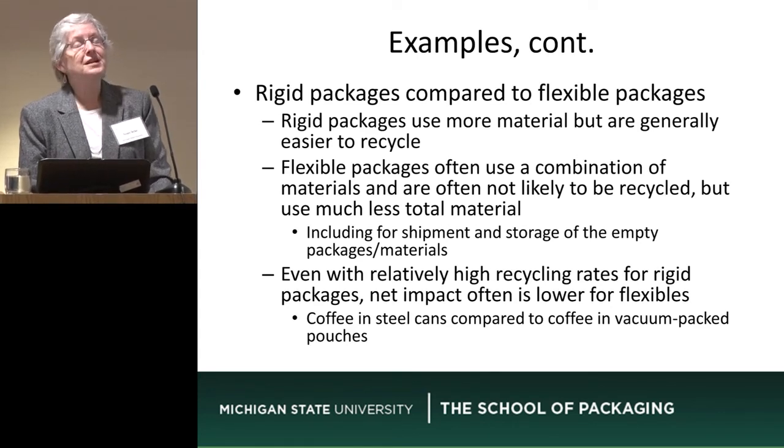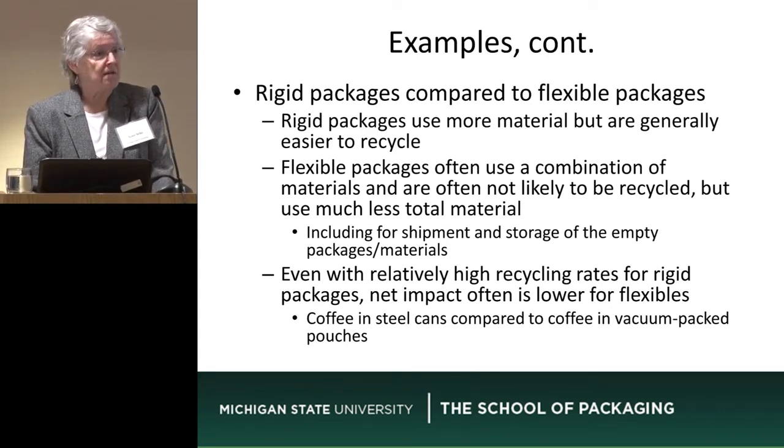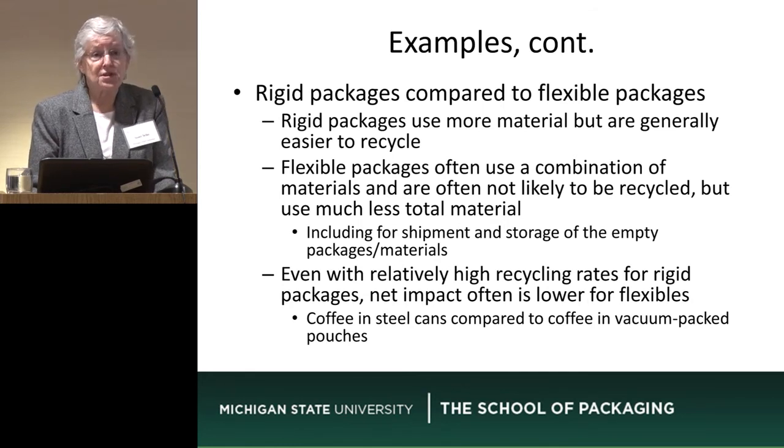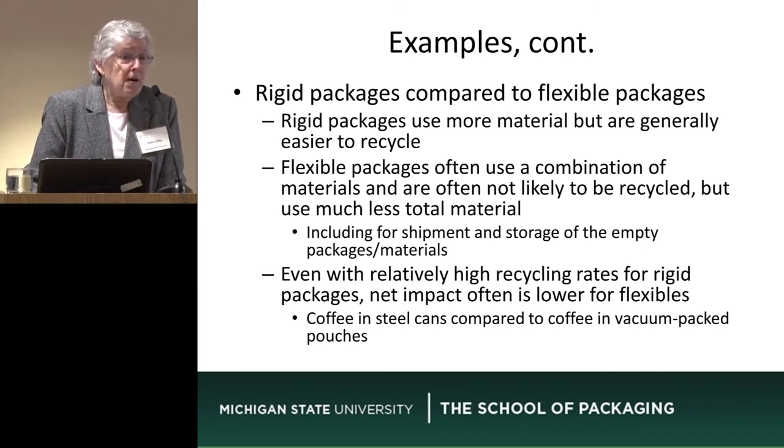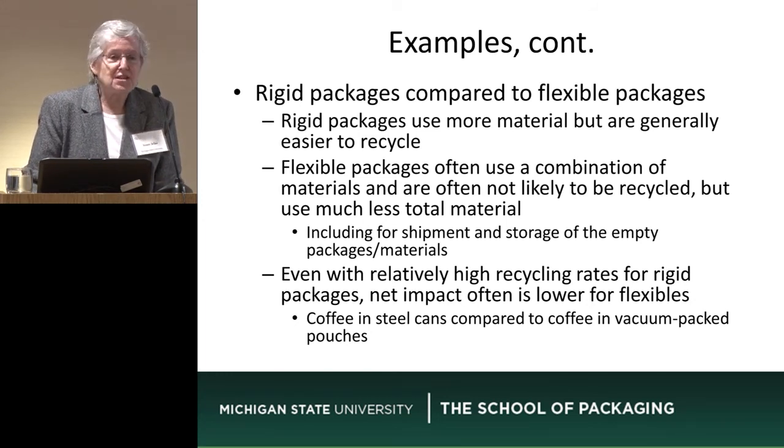Rigid packaging compared to flexible packaging is another example where higher recycling doesn't necessarily mean more sustainable, whether you're talking about recycled content or recyclability. Rigid packages use more material, they're easier to recycle. But flexible packages not only use less materials, so they're less bulky, and that means you have less value in a truckload full, but they very often, to optimize performance, use combinations of material that make them very, very difficult